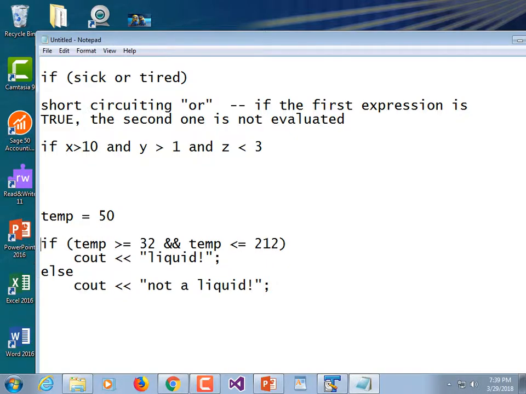But what if you wanted to exclude it? What if you wanted to check the ends of it? What if you wanted to make sure that you were checking outside of the range? So here's our general rule. When checking a range, use and